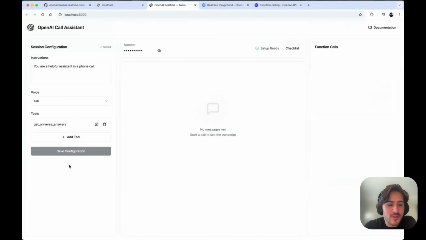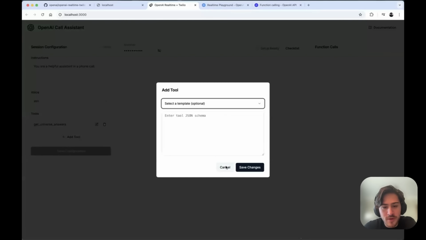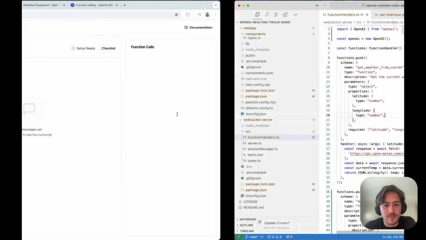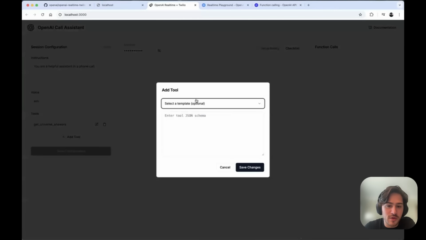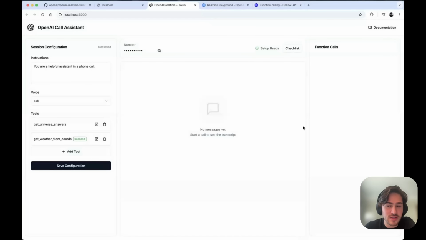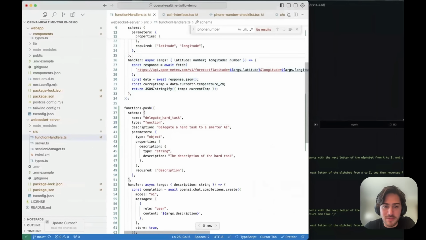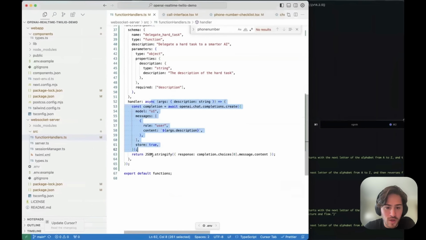Essentially, when you use this, it's cool because with these tools, you can either specify local ones with a schema and they appear here, or you can define them in the backend. If you define them in the backend, you can actually give code to execute. If not, they'll just show up here, and you can enter what the response will be, like a mock response. But you can also set up backend functions that will actually get handled in the backend. The sample one is a real implemented get weather one, but as you can see, it's pretty straightforward to implement.